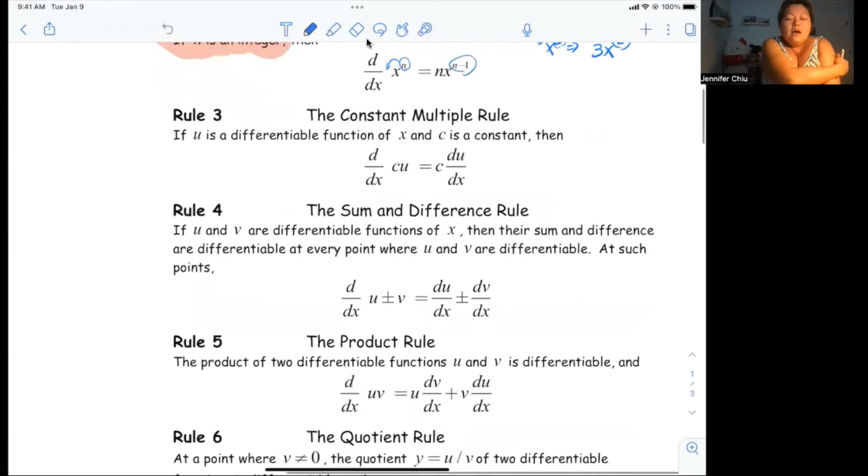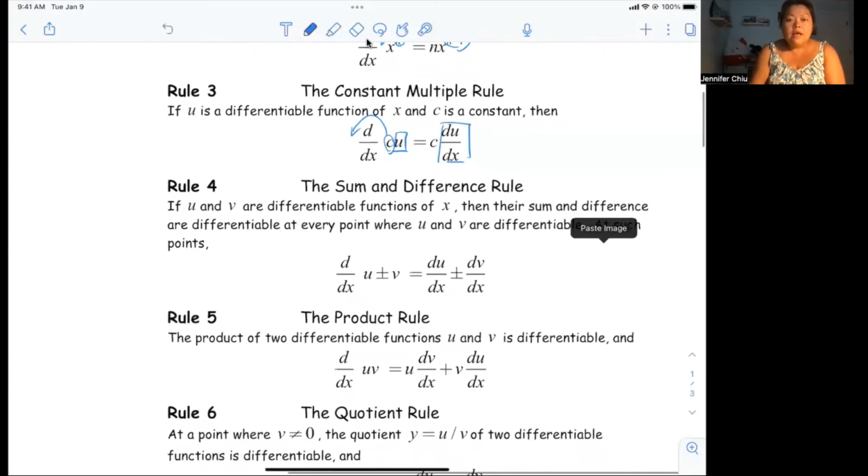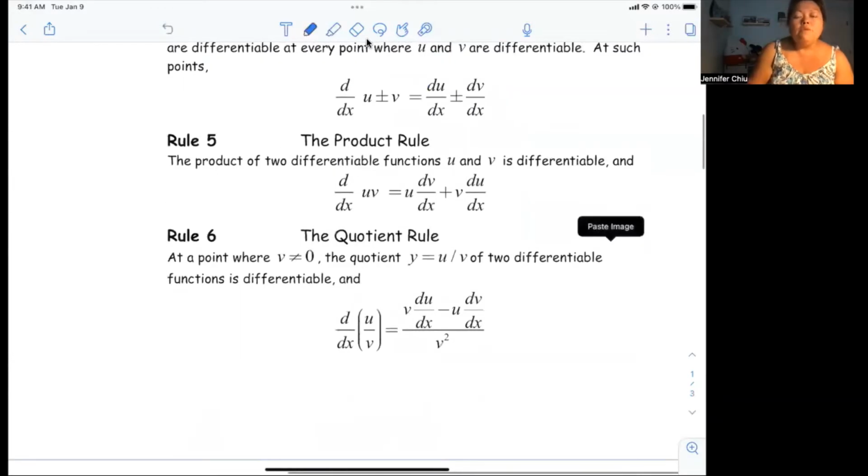All right, you can also take out a constant. If you can factor out a constant, you can pull it out and then just take the derivative of the function itself and then multiply it back with a constant. That's actually super helpful too. You can add derivatives, you can subtract derivatives, and then product rule says, hey, what if you have two things